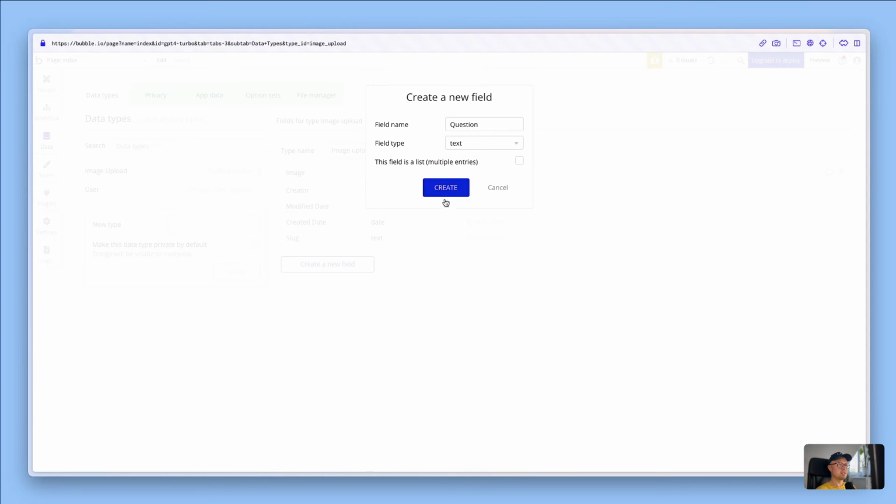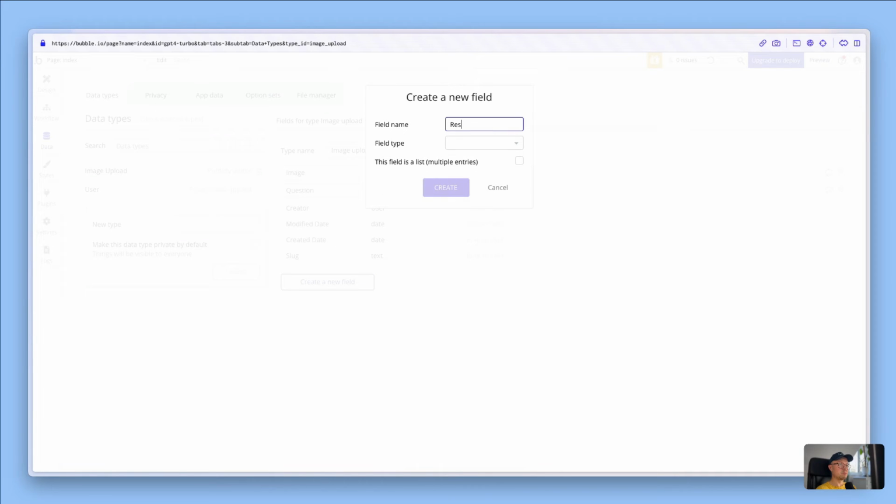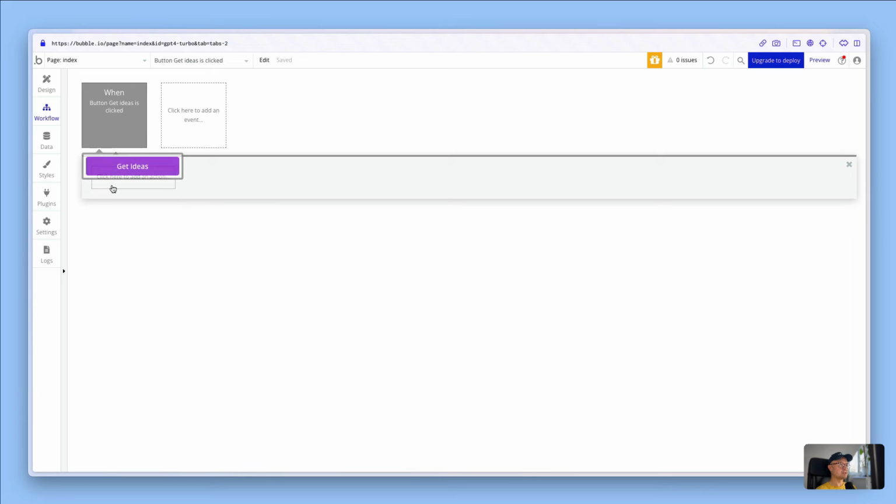So we can save the history of the questions that have been asked and the images that have been uploaded. And we could also add a field in here called response, which is going to be text. Then if we go back to our workflow, when someone clicks that button, we want to create a new thing,